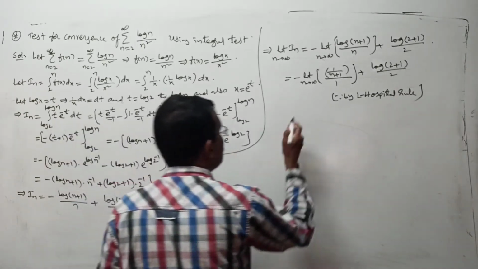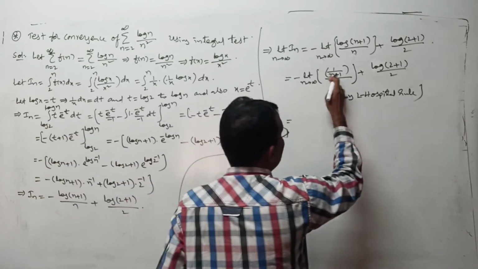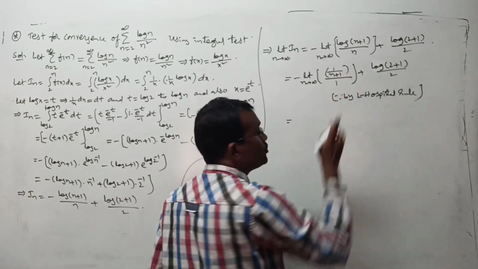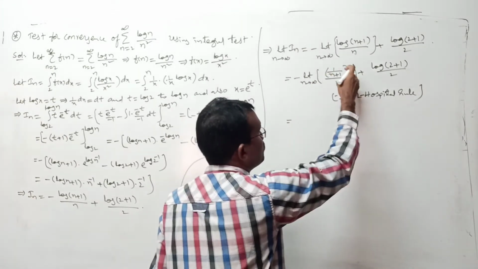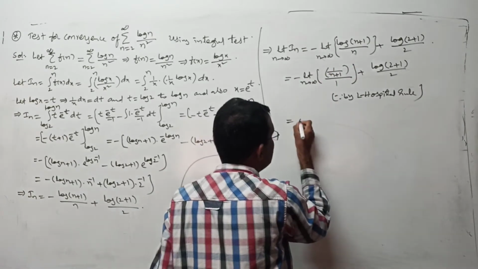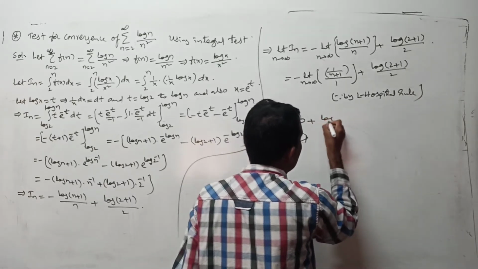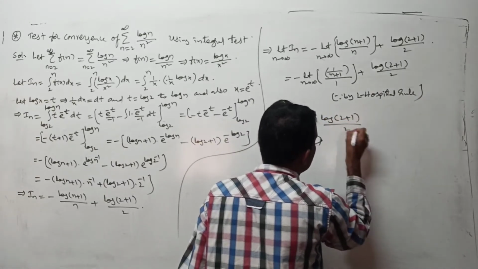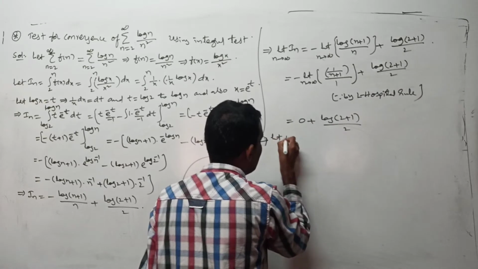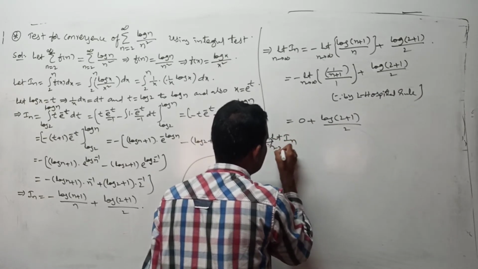You can now proceed here. As n tends to infinity, 1 by n plus 1 tends to 0 or not? This total thing is 1 by n plus 1. It is minus 0 is what? 0 plus log 2 plus 1 whole by 2. That means limit in n as n tends to infinity is what?